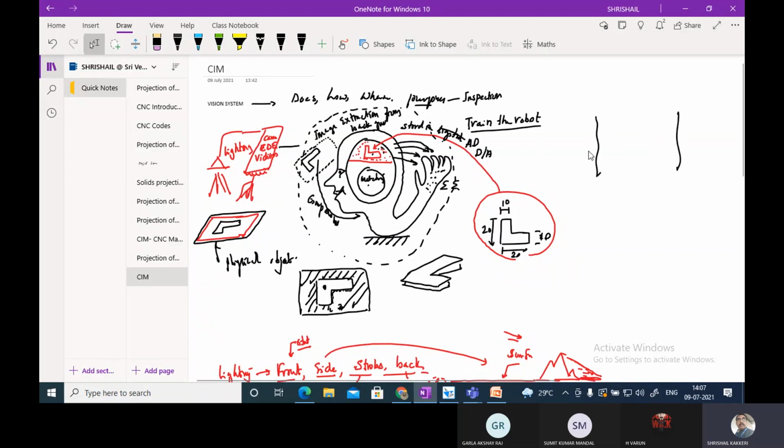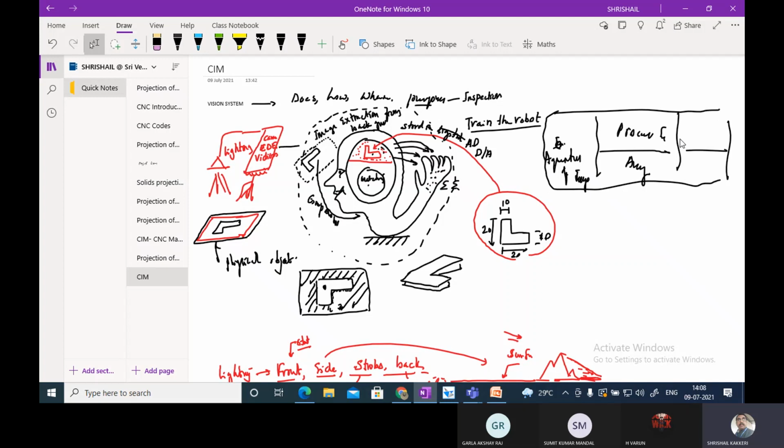One is acquisition of image, then image processing and analysis, and then the third important portion is application by the end effector. This is the important concept. This one I wanted to explain.